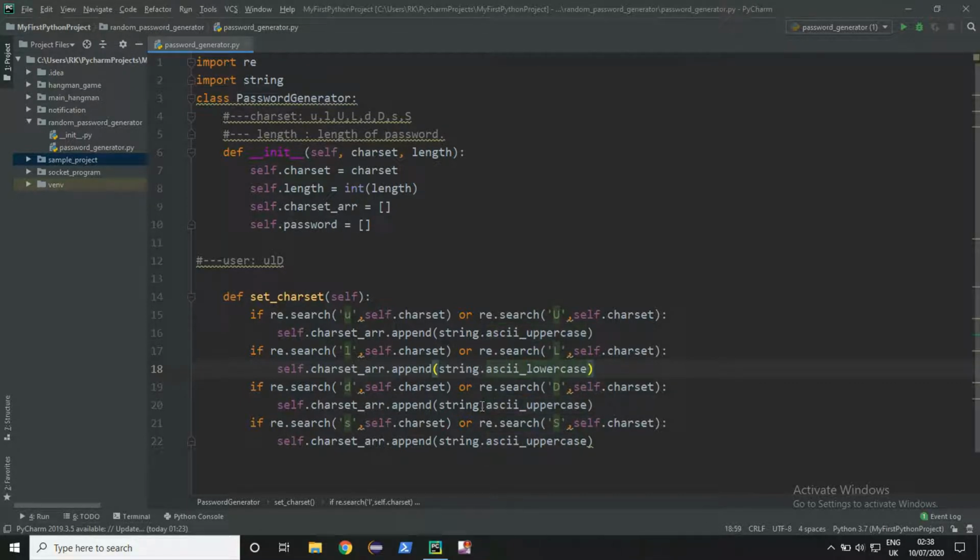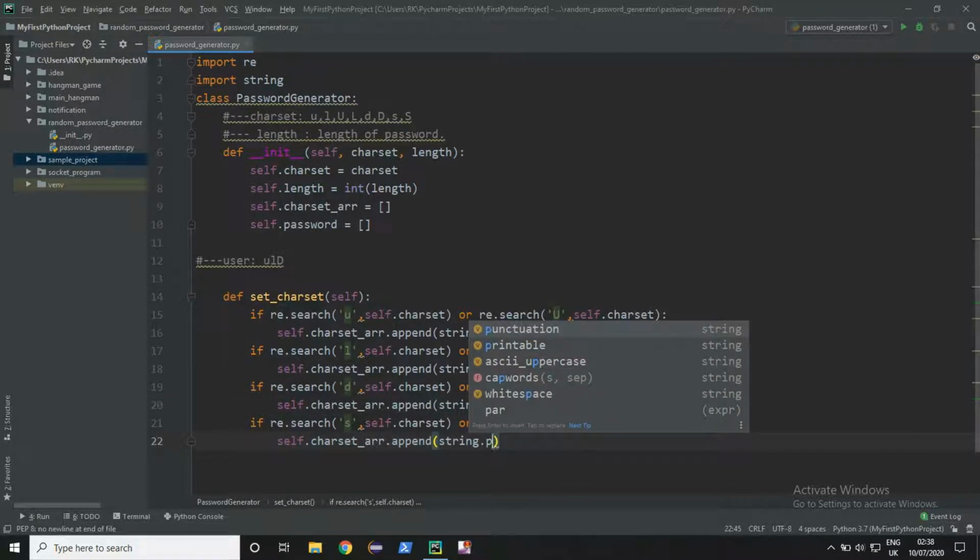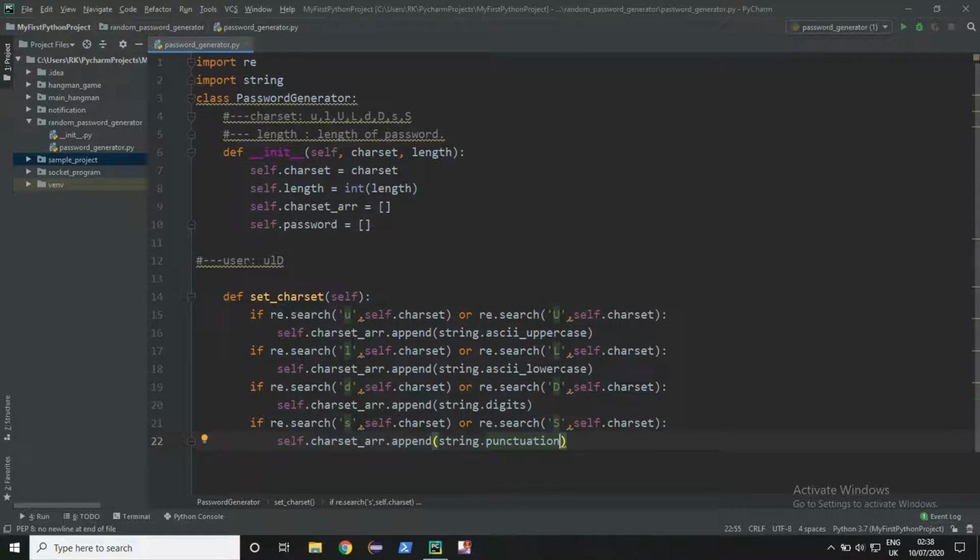For digits, we have string dot digits, and for symbols, we have string dot punctuation. Now, this charset array will have a collection of alphabets, lowercase, uppercase, as per the user requirement.